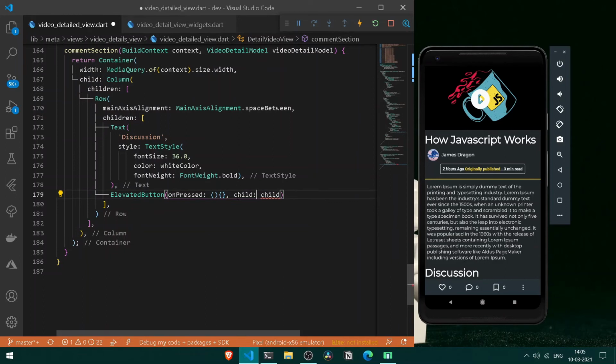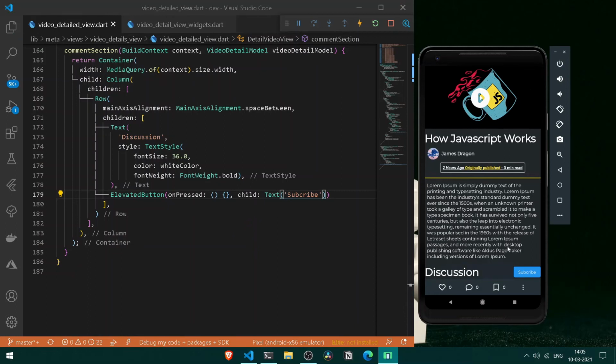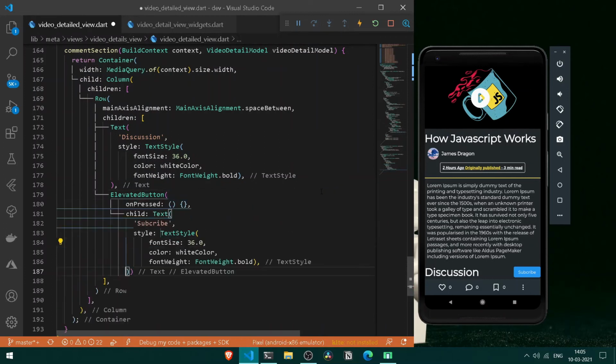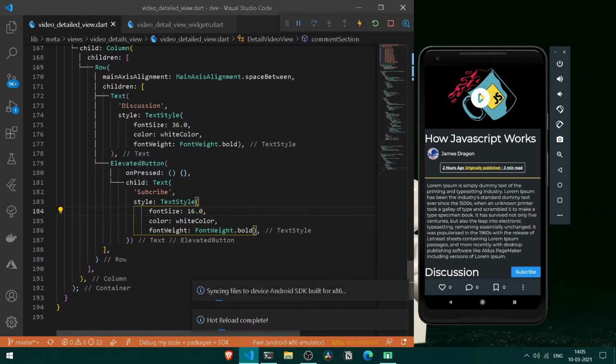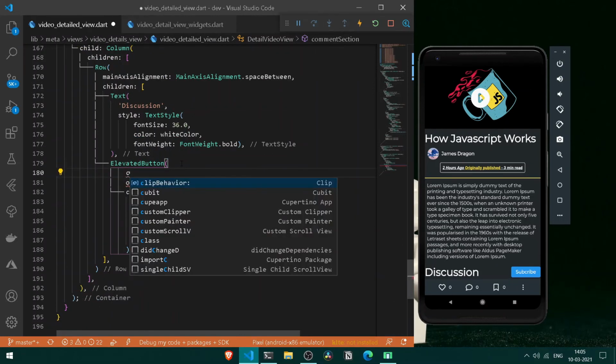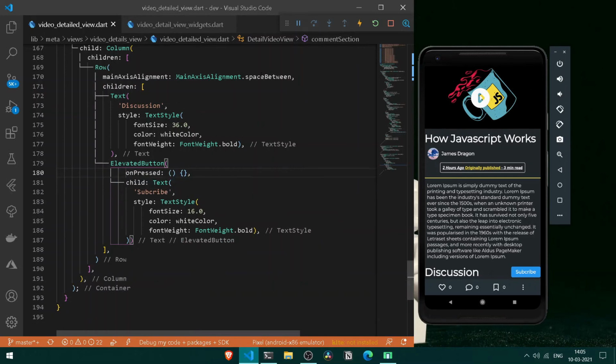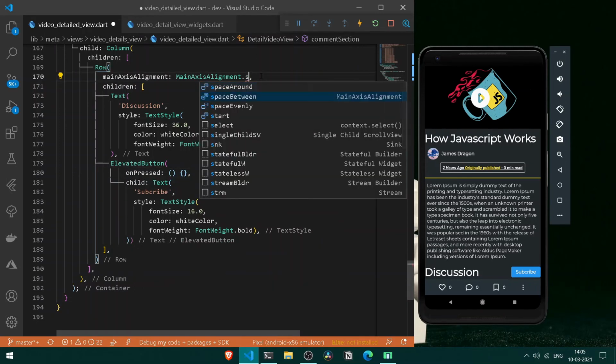But here under the case of child to it, you shall be having a child to be a new text. The text shall be nothing but simply subscribe to the following video content creator. Let's try it out. Cool, so we have our new button of subscribe. So format document once. So here to our entire following subscribe, let's have somewhat text styling by copying the following thing. So here I shall be simply copying the entire thing, paste it here, format document first, but simply decrease the following height of it to 16. And also let's have a different color to our entire button. So here let's have color to it.